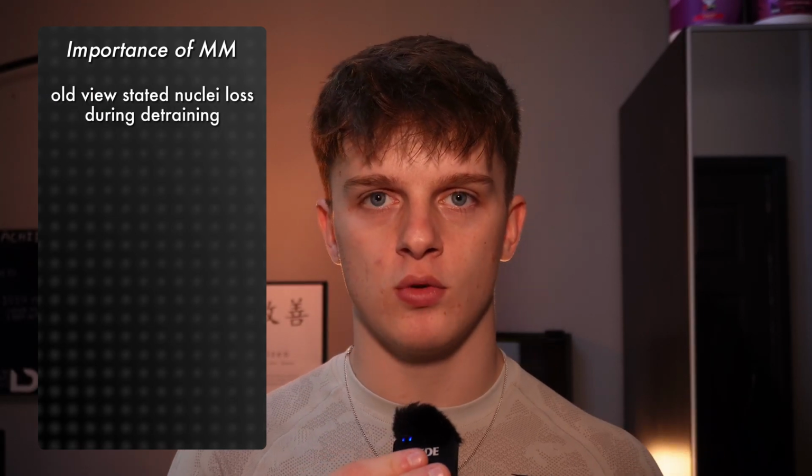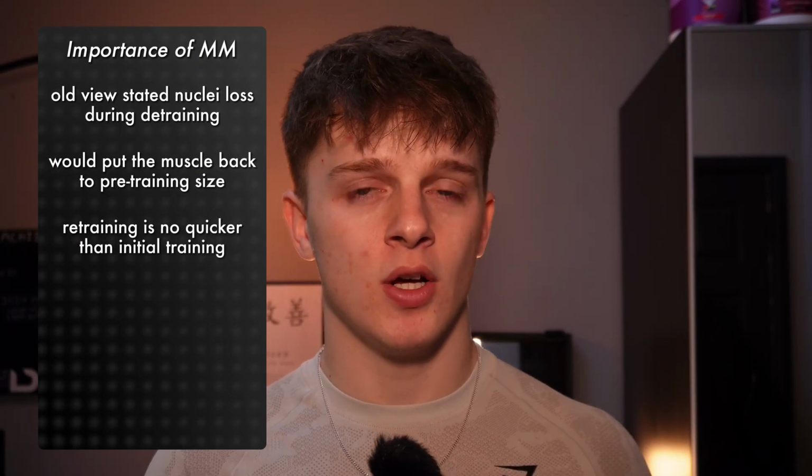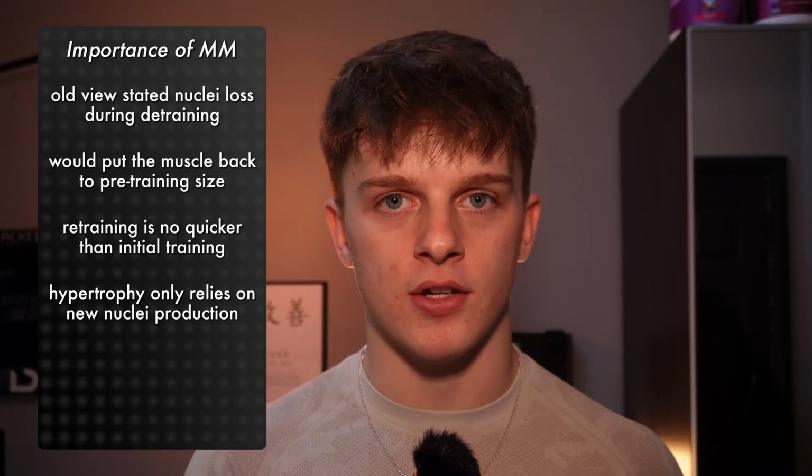So let's start to move past the science and understand why this is actually important for our training. The traditional view emphasised that muscle loss during detraining involved a loss of myonuclei, which would reset the muscle to a baseline state. And this suggested that retraining would take as much effort as initial training to regain strength and muscle size. It also held that hypertrophy strictly relied on new myonuclei, with muscle growth entirely dependent on satellite